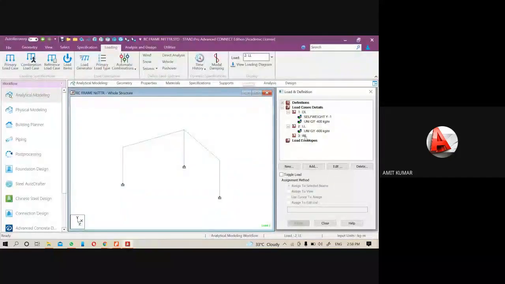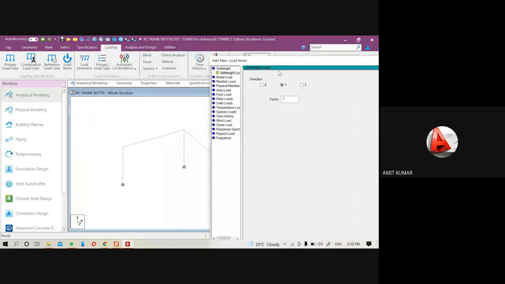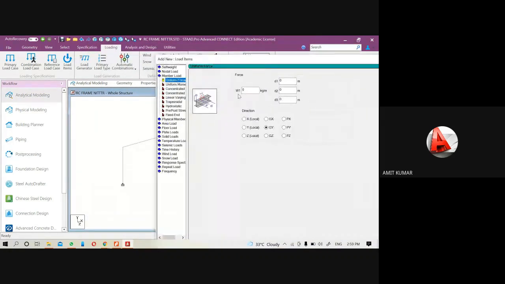So go to the wind load, click on the add, and this wind load will be assigned on this particular member. That's why we will use the member load here. And the value is 300. Don't use the minus sign because here the direction is from the positive global x.